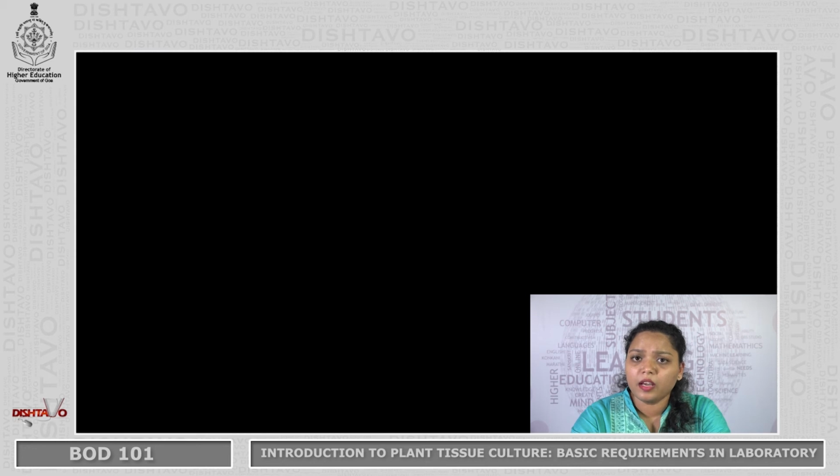Next we have the Laminar Airflow cabinet, which is also known as LAF. This is used as a working table for aseptic transfer of explant. This is kept in the transfer room. This equipment has HEPA filters attached to it. Those are high efficiency particulate air filters which will supply filtered air. This instrument will also have UV light connected to it. It will have normal light also and an air blower.